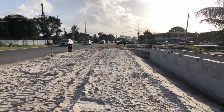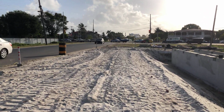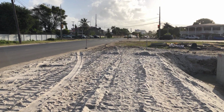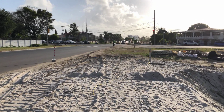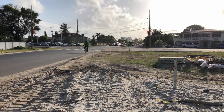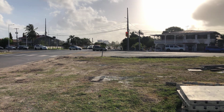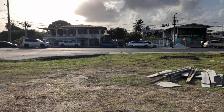For a long time, if you notice in the previous videos, there were piles of sand stretching for miles along the railway embankment. I think I've done previous videos that have shown this pile of sand going all the way to the convention center, which is about another half of a mile east of where we are right now. As we come up to this intersection, this is the Conversation Tree Road. This Conversation Tree Road is now completed, and I guess that's what allows them to start working